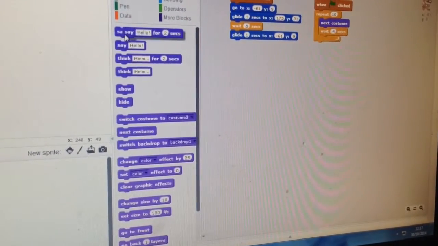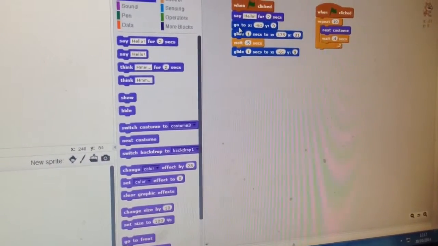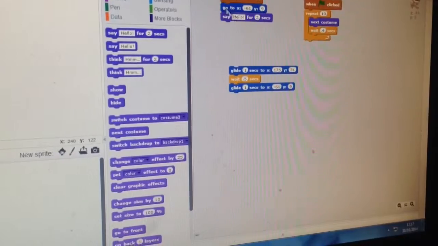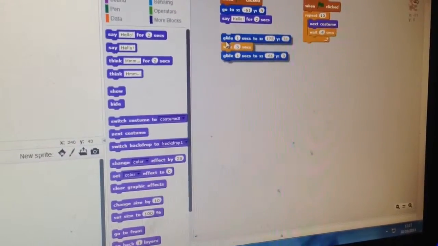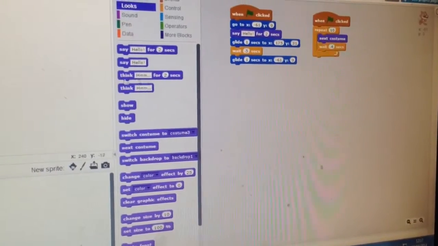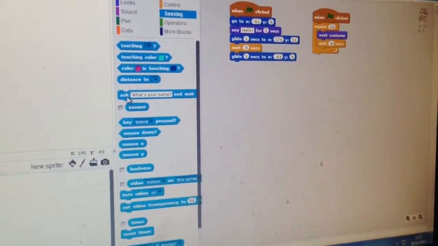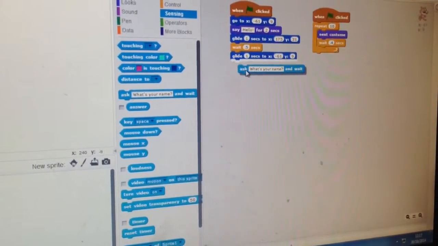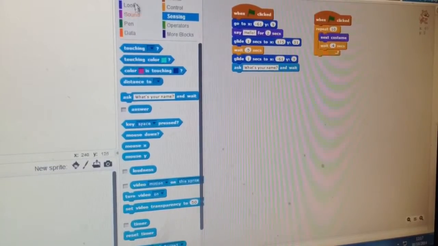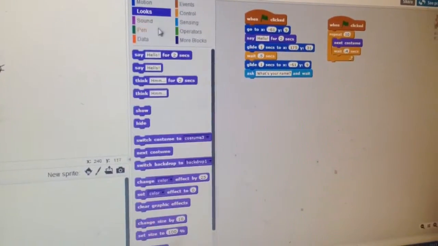If you do this, then it'll just forever say that until it says something else. So let's say you want him to say hello before anything happens. I want this to be before, so he's going to say hello for 2 seconds. Then he's going to think. Now we're going to go on to the ask block. So he's going to do all this, and then he's going to ask, what's your name? And then it's going to say,